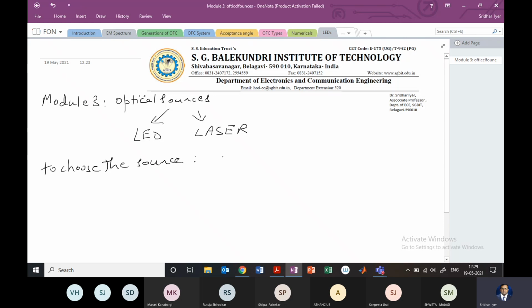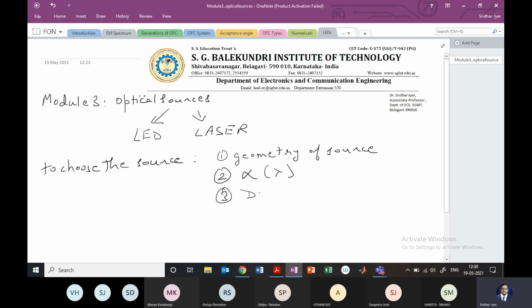So to choose the source, what we need to understand is the geometry of the source, right? How big or small the source is. There are other characteristics also in terms of geometry. We'll discuss that. Second, we need to look at the attenuation of the fiber, which becomes a function of wavelength, right? We have seen that before. So at 1550 nanometer attenuation is low, whereas at 1310, 1320 nanometer the attenuation is high, right? The other thing we need to look at is dispersion.